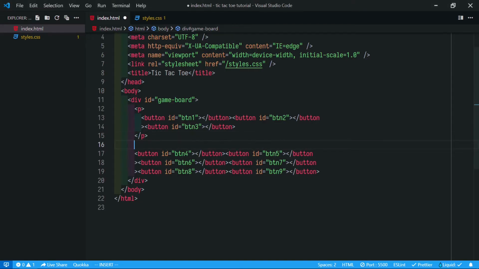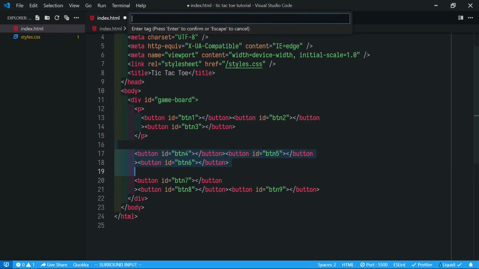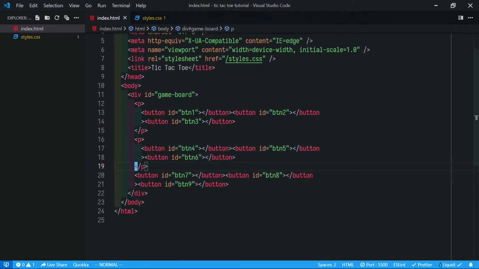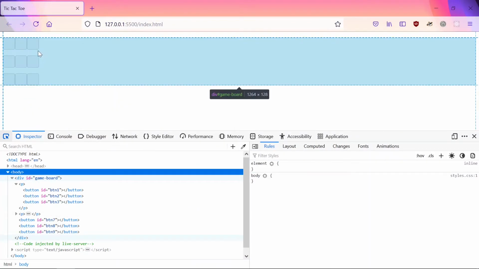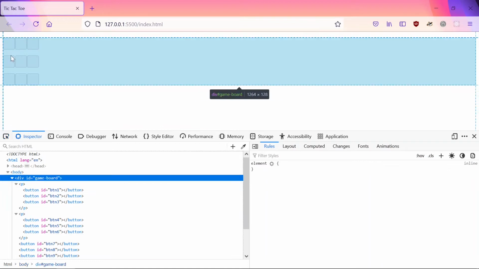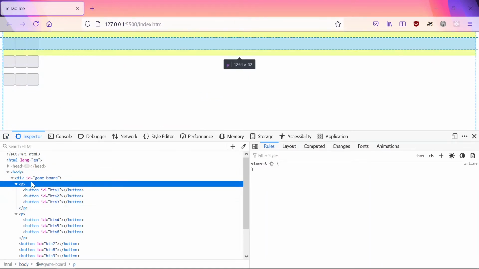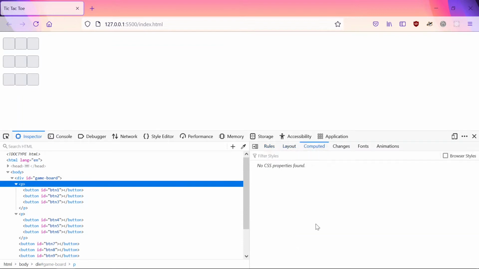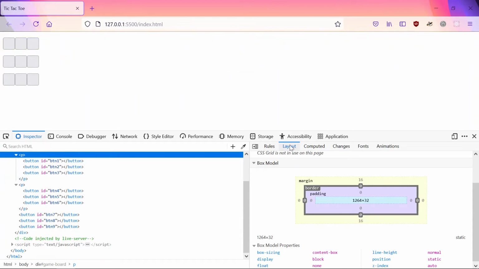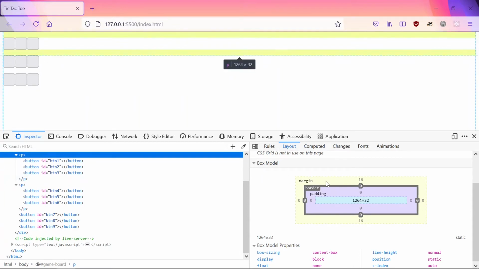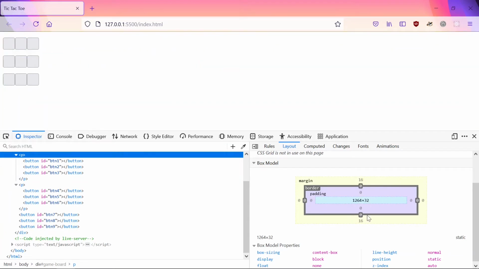So we also wrap these buttons, these 6 buttons. Now it's 3 by 3. Now we have a bit of space, that's because of the margin. Let's see why there is space. In our layout, if I select the P, we can see that it has margin of 16 on top and bottom.